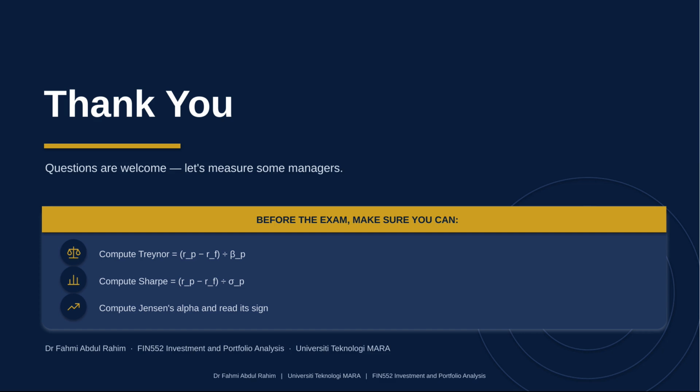Before you sit the exam, make sure you can do three things listed in the box. First, compute the Treynor measure, the excess return divided by beta. Second, compute the Sharpe measure, the excess return divided by the standard deviation. And third, compute Jensen's alpha, the actual return minus the CAPM required return, and correctly rate each sign, positive for